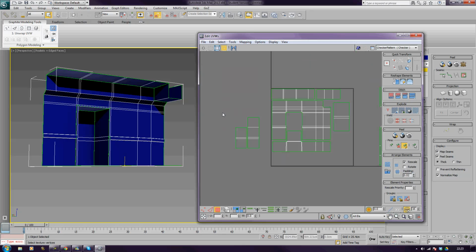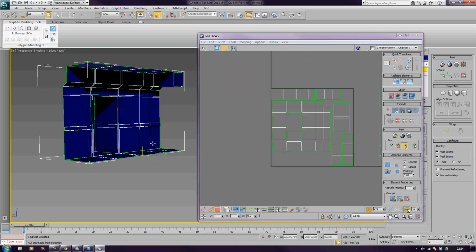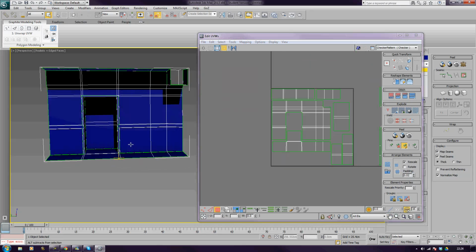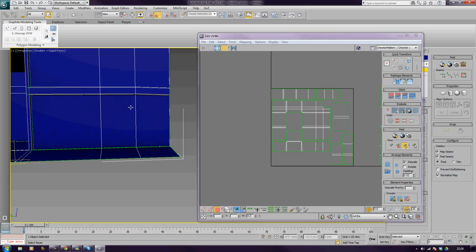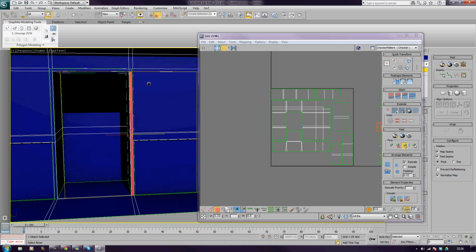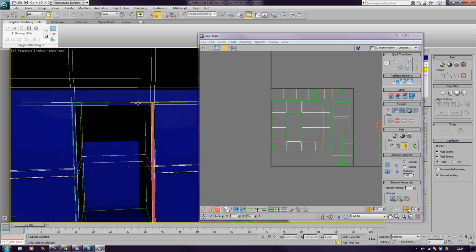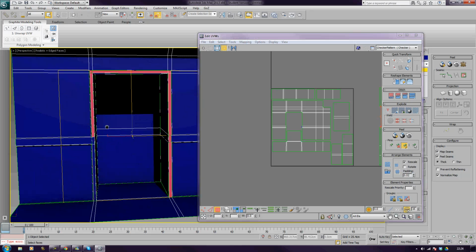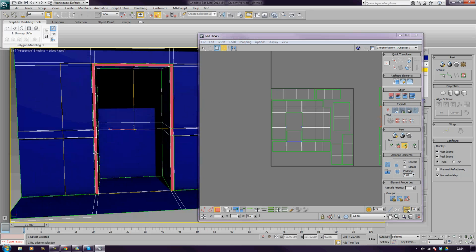And now what I'll do is just move them over to here into this space. It's round about the right size, could do with a little bit of adjustment. So I'll just make them a little bit thinner. There we go. Okay, now if I just look down here, we have this surround. So what I'm going to do is go select it all. Just carefully like that. And now I'm going to select the